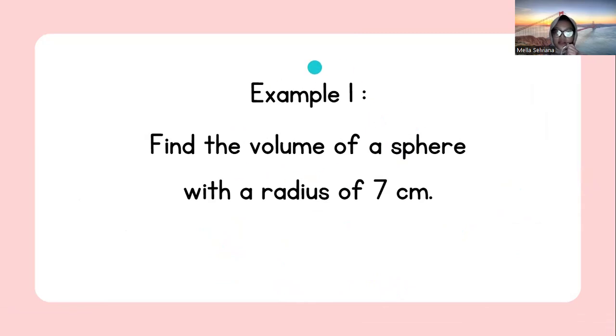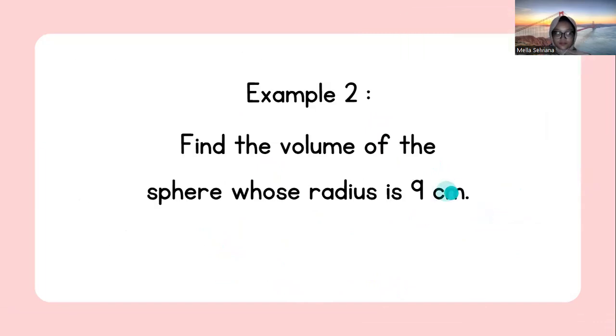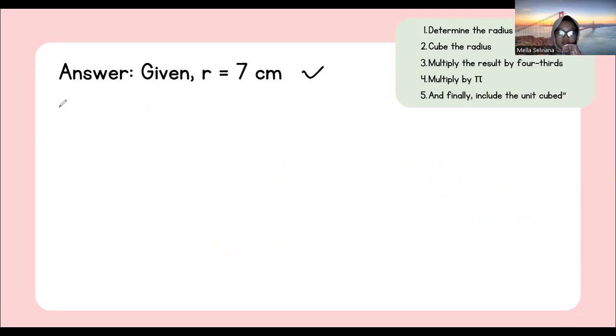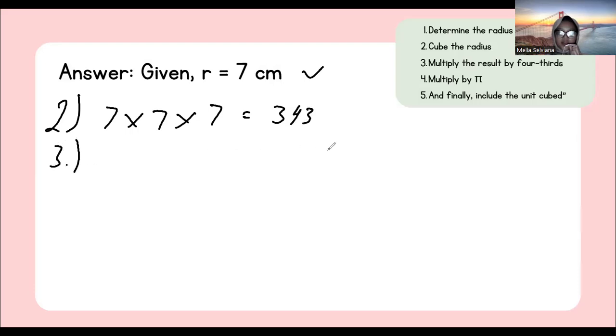Okay, here's an example. Find the volume of a sphere with a radius of 7 cm. We know that the radius is 7 cm. Now we should find the cube of the radius: 7 times 7 times 7. The result is 343. Step 3, multiply the result by 4 over 3. 4 over 3 times 343, and the result is